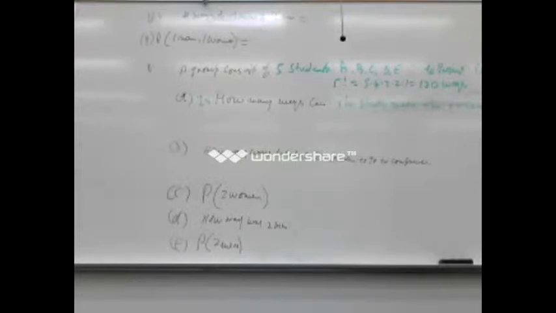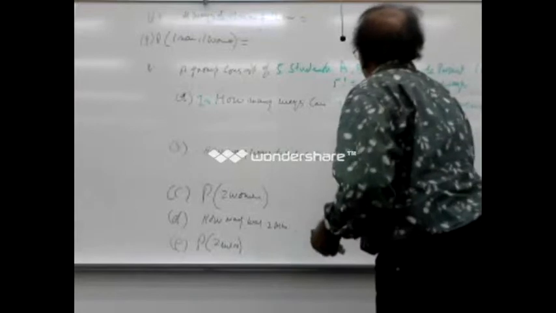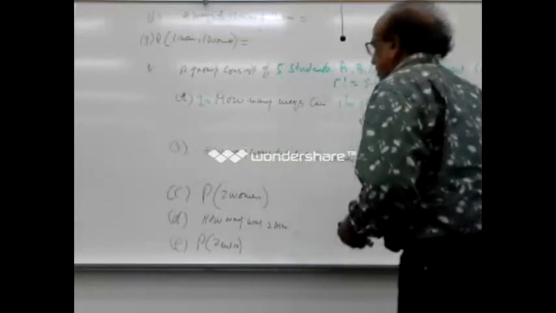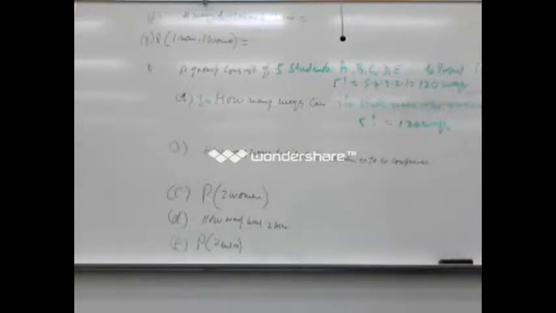Let's look at the other item. It's 5 factorial, which is equal to 120 ways. All right, the second one, item B here, asks, let's say that